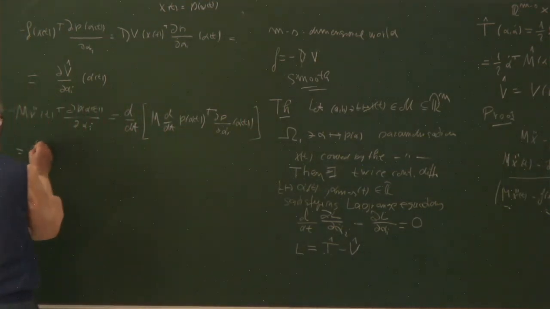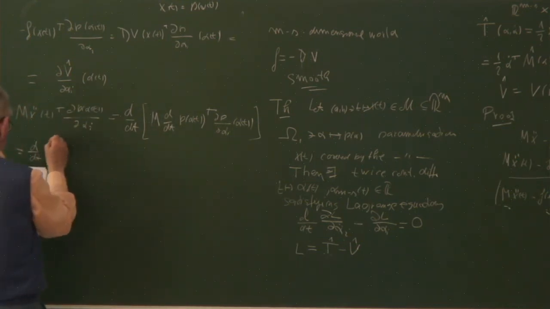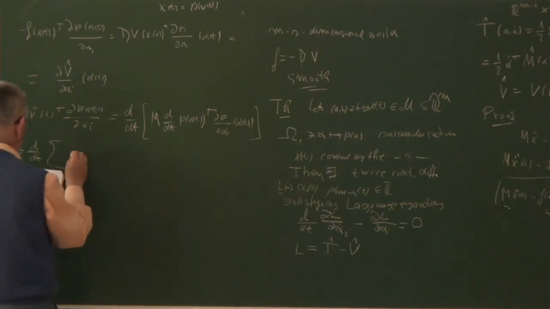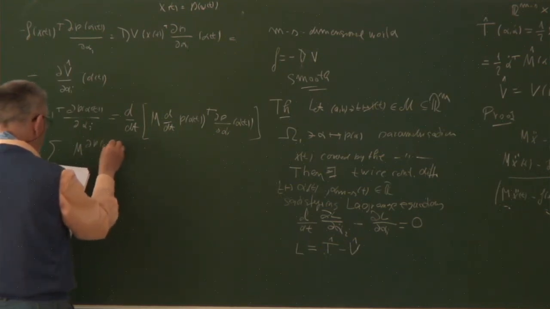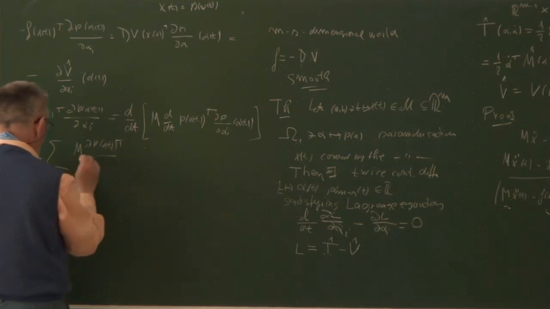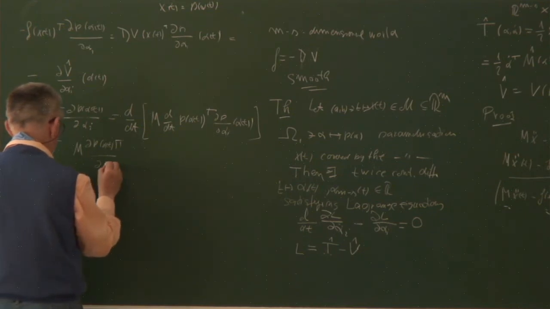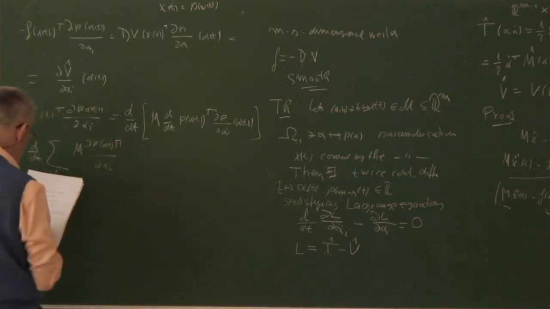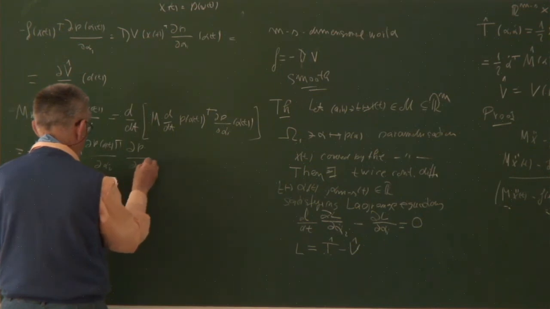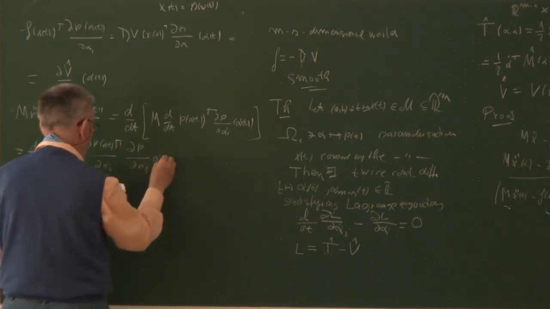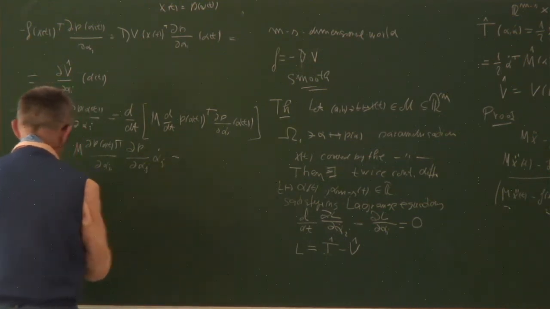And that's equal to d over dt. Now we differentiate the sum over j of m dp alpha t d over d alpha I. That's this I here, it stays. But now dp over d alpha j dot. Once more,